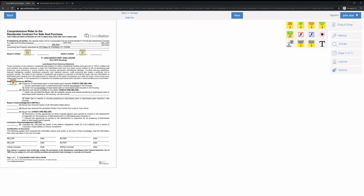You're going to have all the sellers initial here, and you're going to have them initial here on Part B, all the time, because they're initialing A whether they know about it or they don't know about it. In this particular example, the seller has no knowledge. That's usually how I've seen it. I've never run into a situation where the seller knows about lead-based paint, but that doesn't mean that you can't